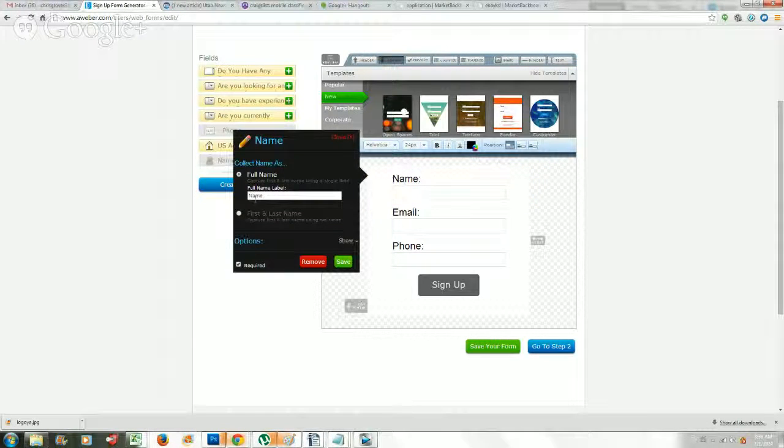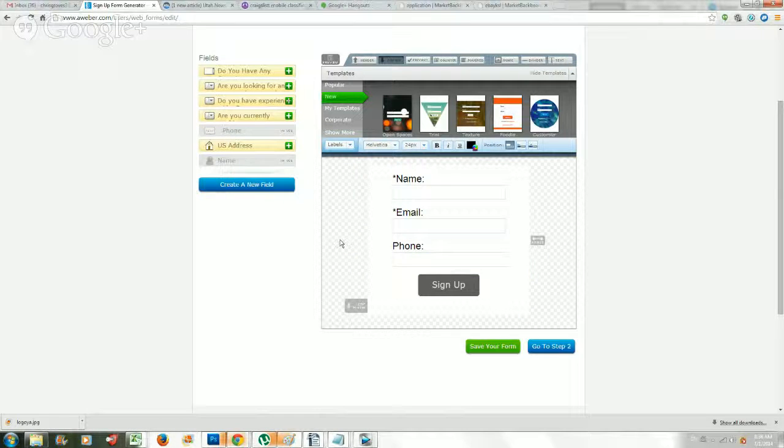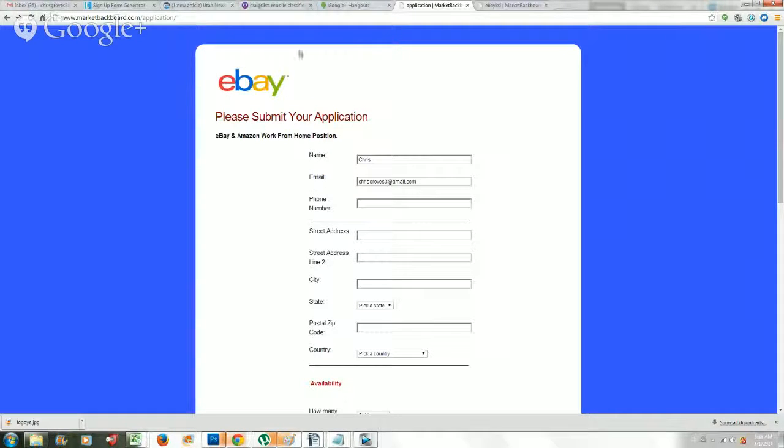And you can put a little asterisk or star, whatever you want to call it, in front of the label just like that to show that it's required. And basically you want to just start building your form. Phone, like I said, you can model it off of this link. And if you want the address to this, it's